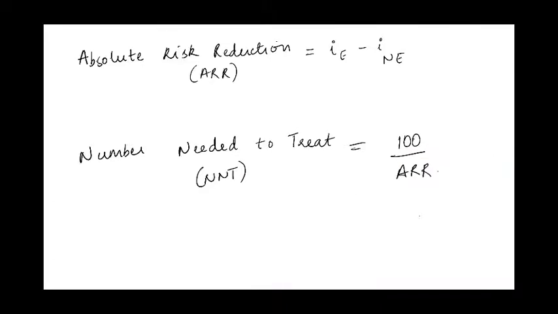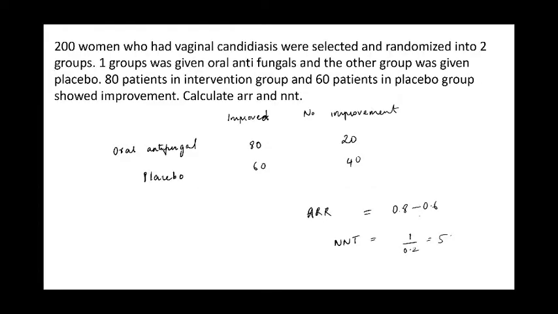Now we come to another term called absolute risk reduction. So this is just the reduction in the probability of getting the disease. It is incidence in exposed minus incidence in not exposed. And from this, we also derive a term called number needed to treat, which is 100 divided by absolute risk reduction. Number needed to treat is useful in randomized control studies, where a certain drug, if it is introduced, shows us how many patients need to be treated with the particular drug for us to see a benefit in the patients. So we'll come to an example.